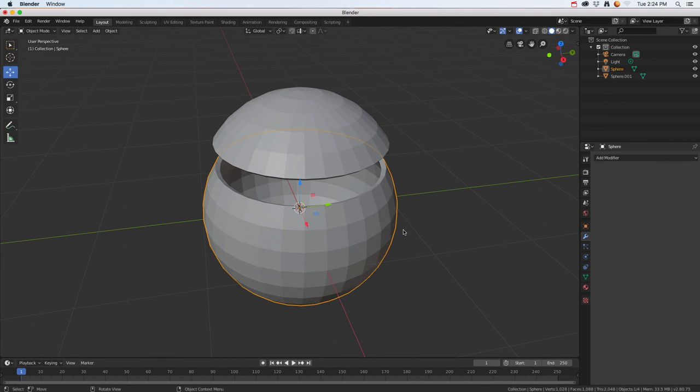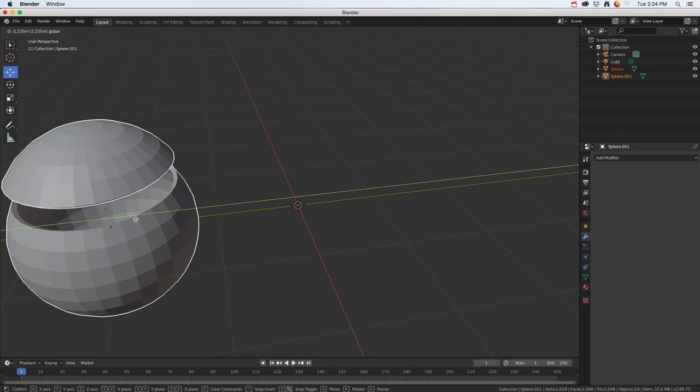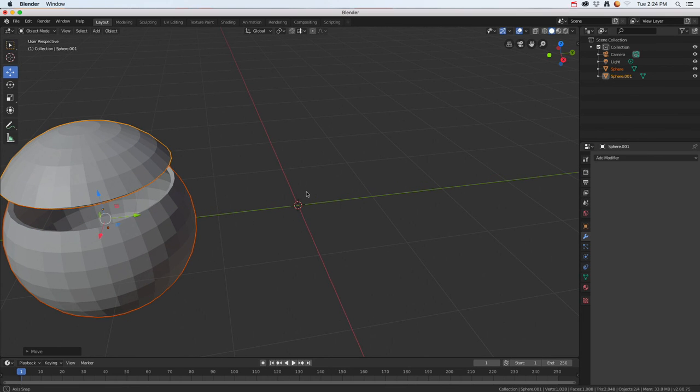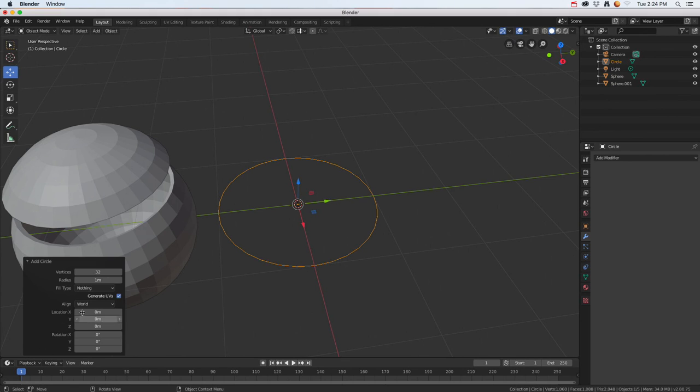Once I have that, I'm going to hold down shift to select both of these and slide it to the side. I'm going to work on the face of this pumpkin. So I'm going to come up to add, mesh, and do circle. And before moving it, if I come down here to the add circle panel, I can change the vertices to 3